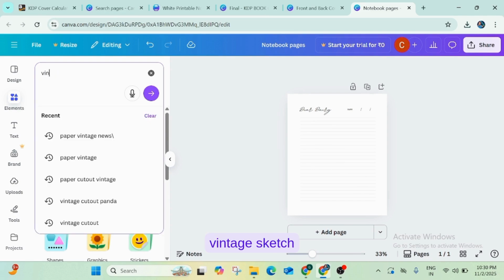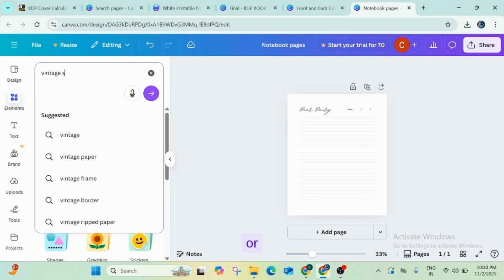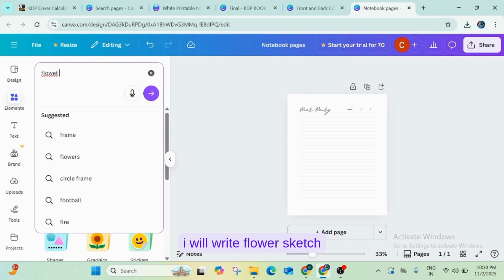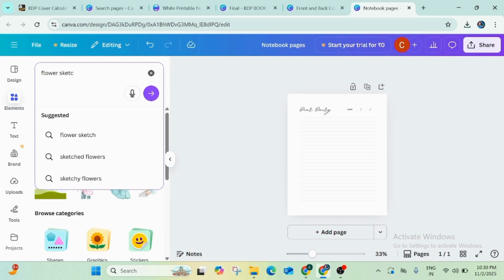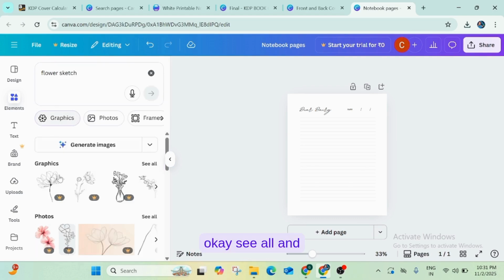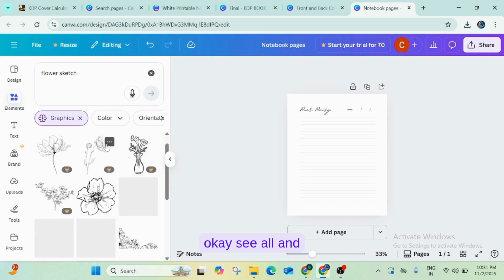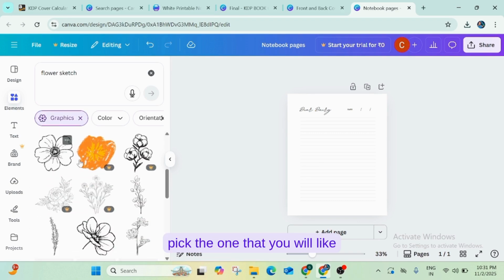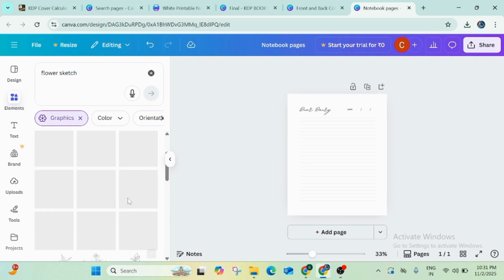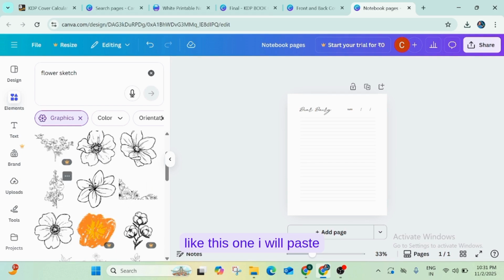Now I will add one. Let me try vintage sketch, or I will write flower sketch. See all, and pick the one that you like. I like this one.